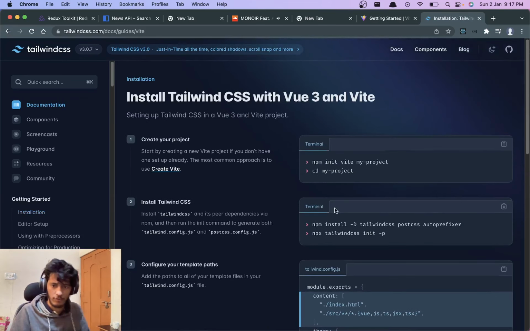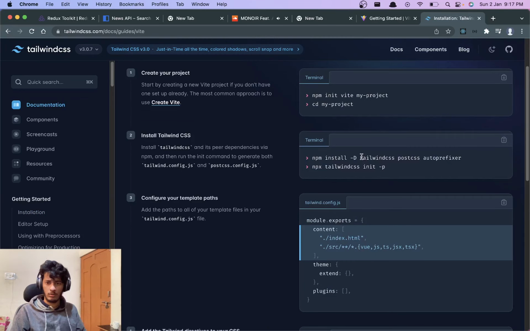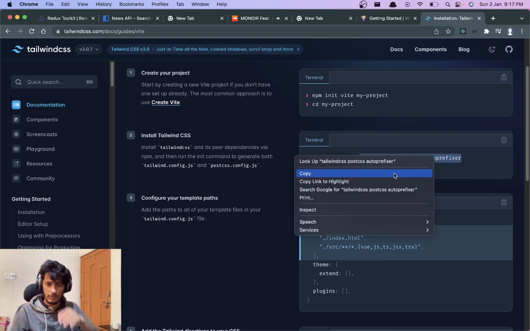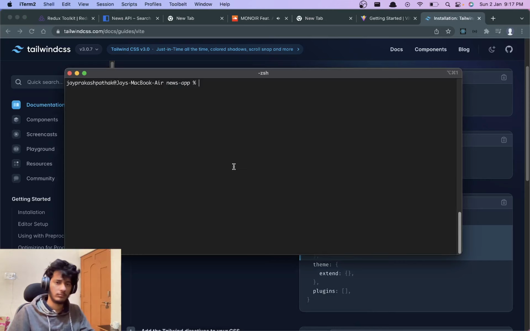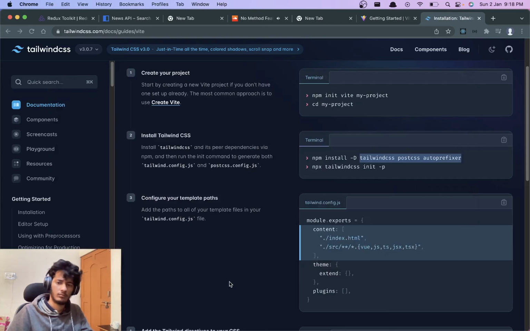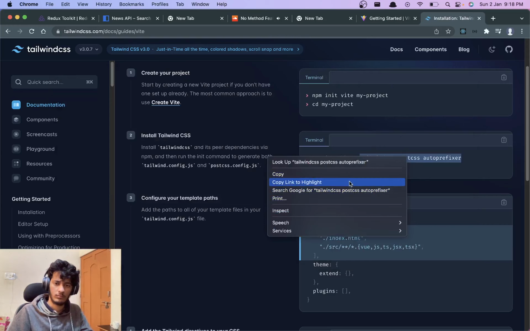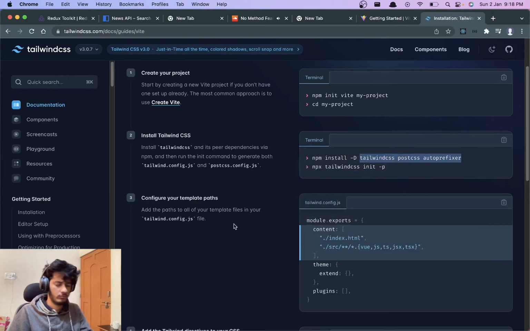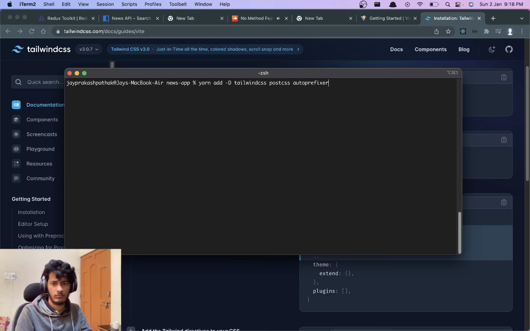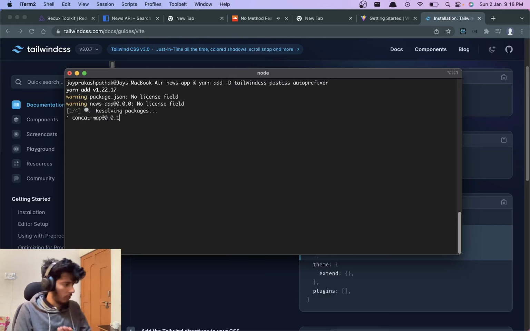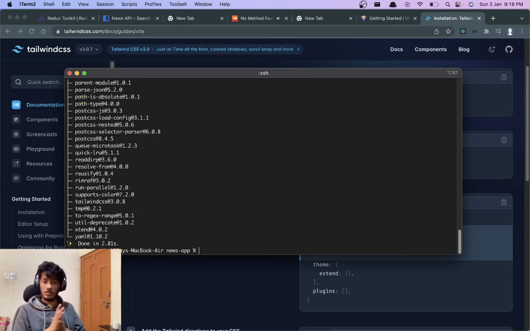We'll be installing it for Vite, and the first thing is to add these as a development dependency. Let's install Tailwind CSS right now.